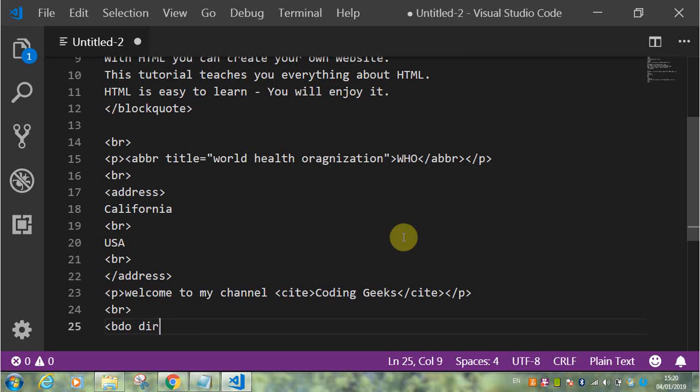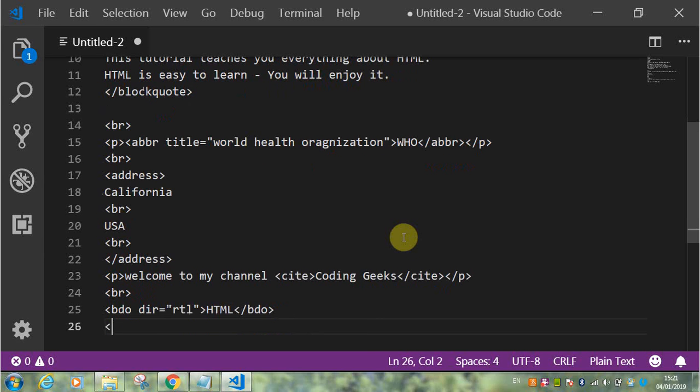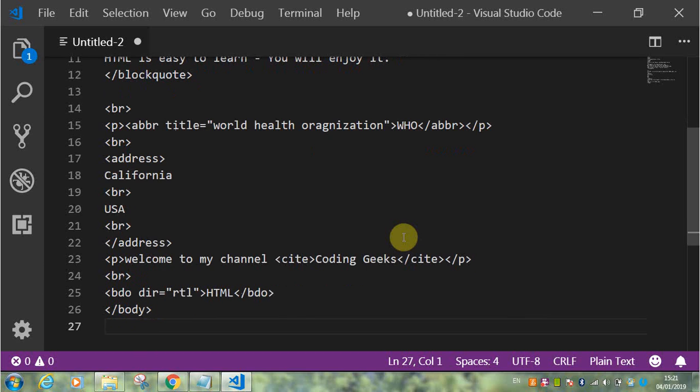the open direction attribute, in double quotes RTL. RTL stands for right to left, and close the inverted quotes, close the angular brackets, and keep it as HTML. So normally the text moves from left to right. So let's see how BDO works. Close body, close HTML,